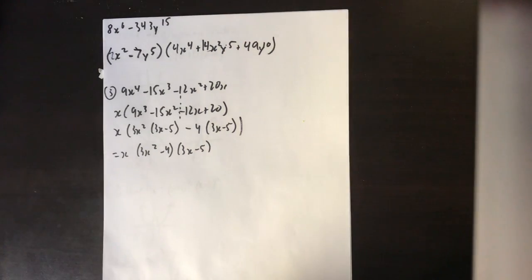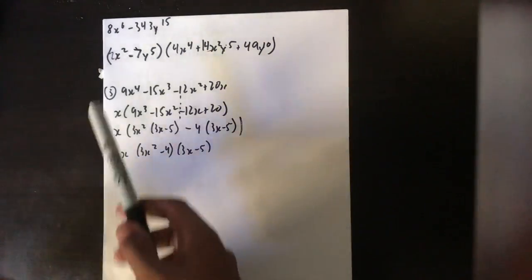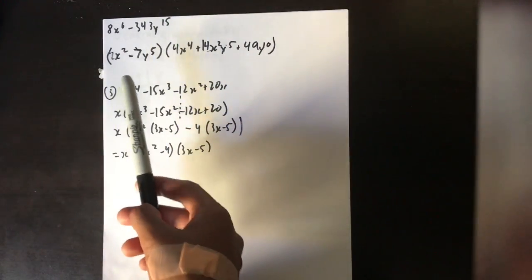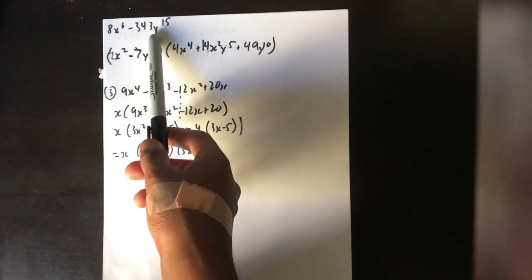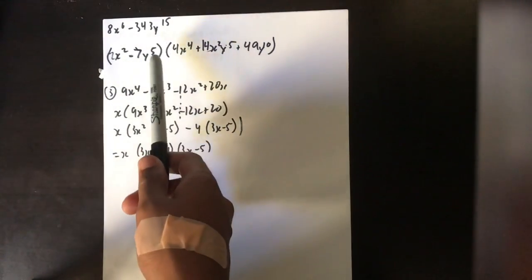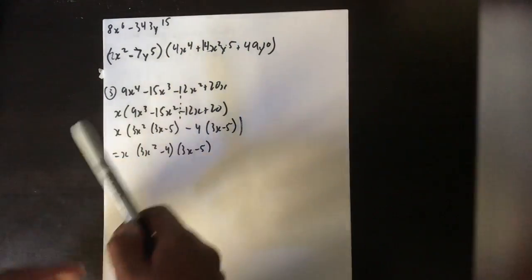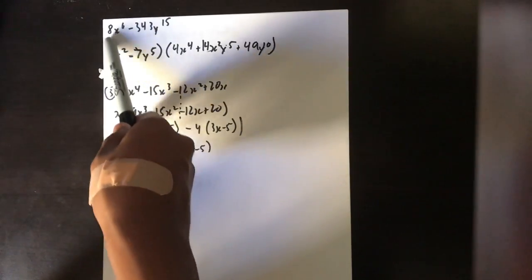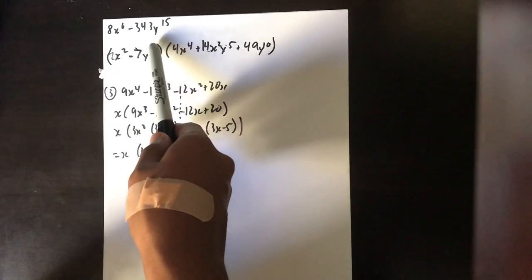The second example involves a topic called the difference of cubes. So we are given an expression with two different variables. We can see that 8 and negative 343 can both have a cube root, 2 and negative 7 respectively. So the first thing you do is you take 1 cube root of 8x to the 6th and 1 cube root of negative 343 y to the 15th